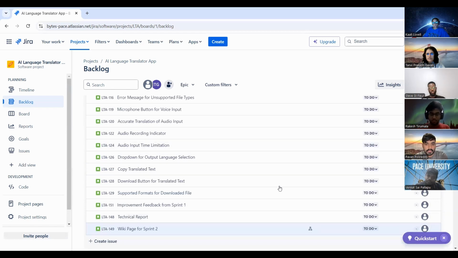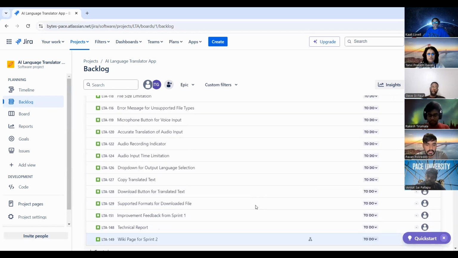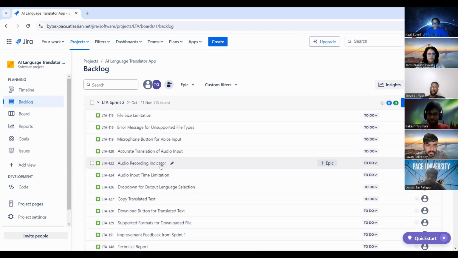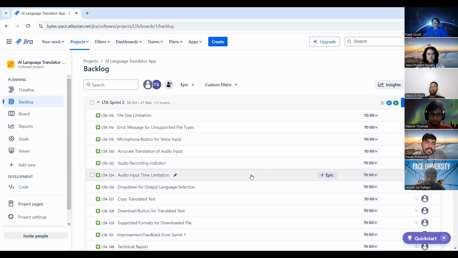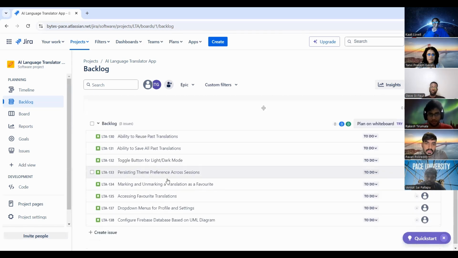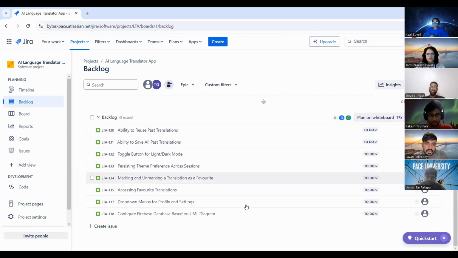Okay, everybody is good with sprint two? We have 13 issues. How many more sprints do we have for this project? I think we have one more.